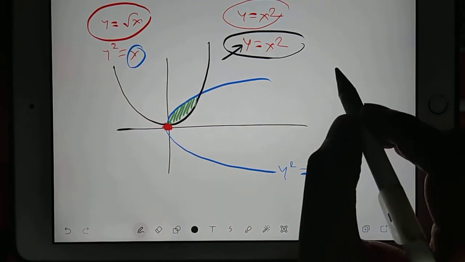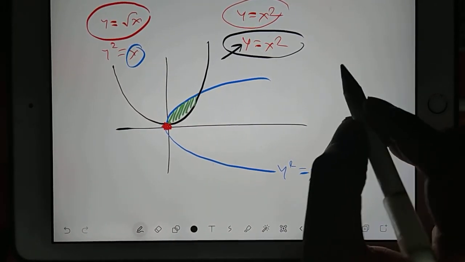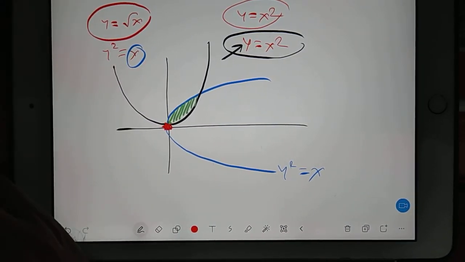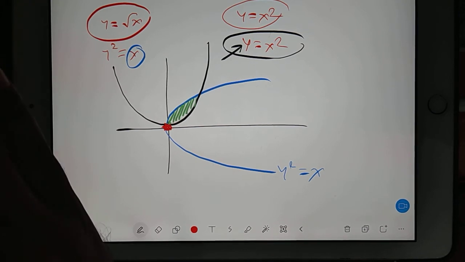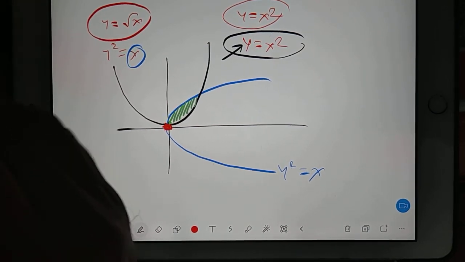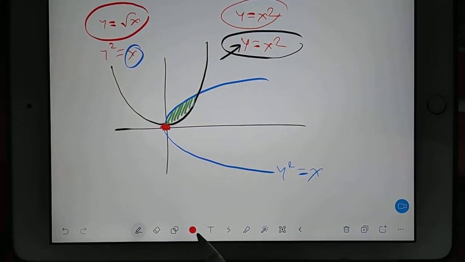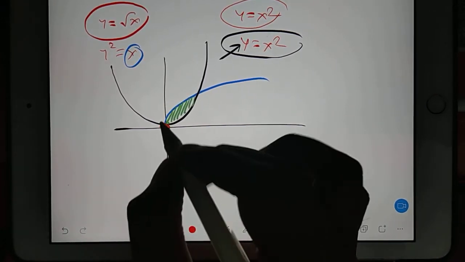From that strip method we used to do in our university level classes. We used to draw the strip, and that strip will move from one curve to another curve. Okay, so let's understand that strip method. So what will I do? I will erase this entire, no need to erase. You just try to understand here itself.